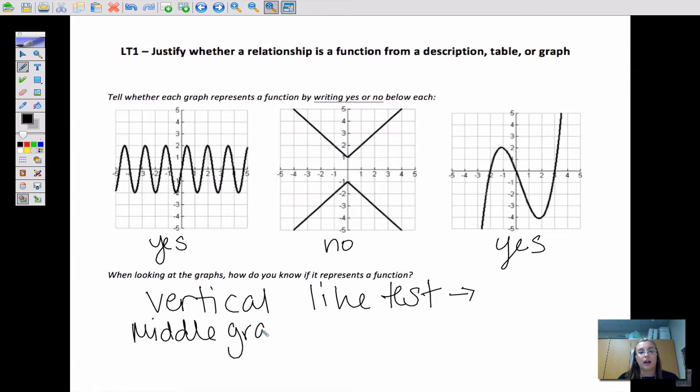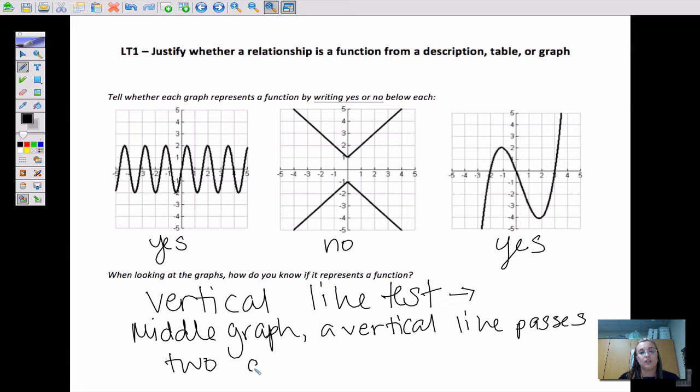In the middle graph, a vertical line passes 2 different points, okay? So if I drew a vertical line in here, it would cross the graph at 2 different points,